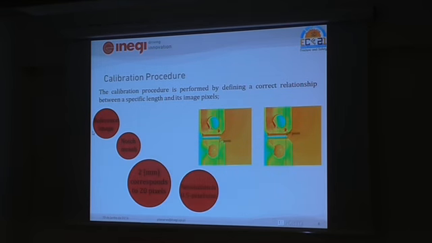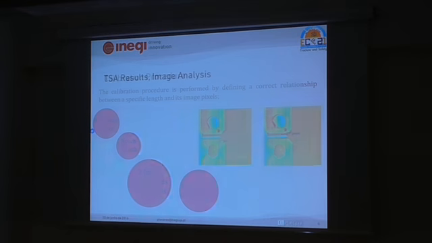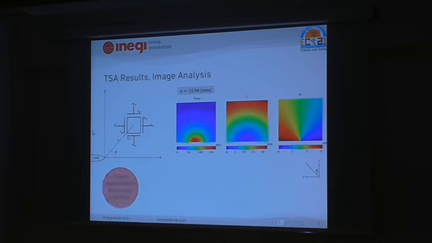Apart from that, you have a typical calibration procedure which gives you the number of pixels for a certain distance, which allows you to calculate the stresses. And there you have it, typical results for a crack length of nearly 13 millimeters,